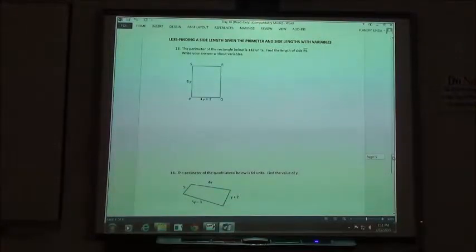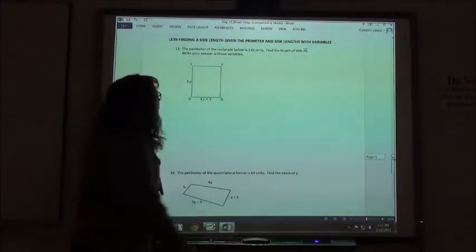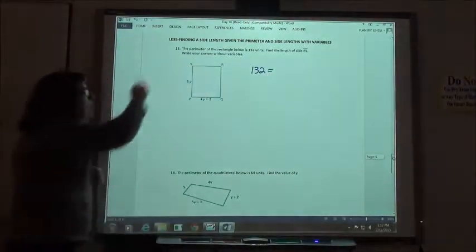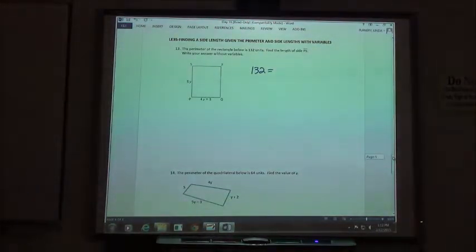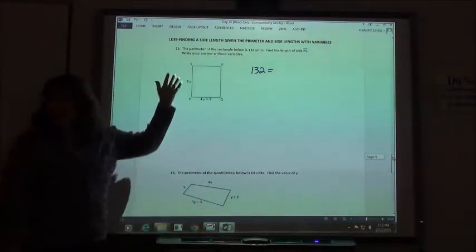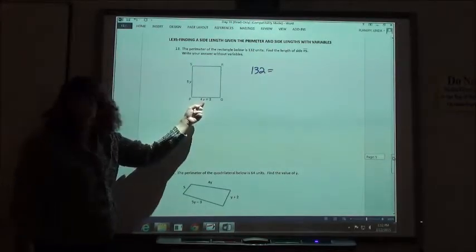So, thinking about that same idea, now they're going to throw some variables in there. The perimeter of my rectangle below is 132 units. Find the length of the side PS. So 132 units is the distance all the way around, right? But we know when we have a rectangle, we have to do 2 lengths and 2 widths because we have 2 sides that are going to be 5y and 2 sides that are going to be 4y